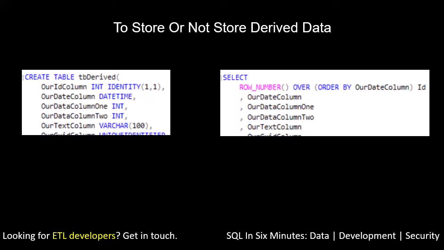I will say with derived data now, ever since Microsoft introduced clustered column store indexes, that's going to be one thing I'm going to look at, especially if the derived data is, as it most often is, for reports. There is derived data that we deal with in, let's say, ETL transforms, and it may be part of the middle product before ending up in the final report. So those are a little bit trickier. But when it comes to any type of final report, I'm going to prefer the